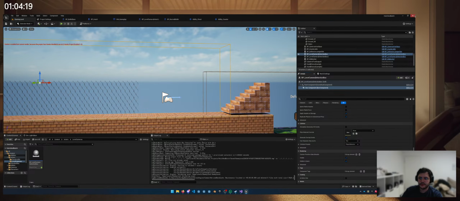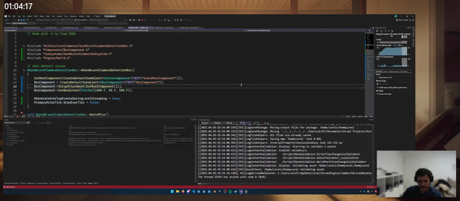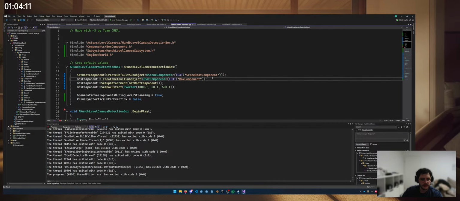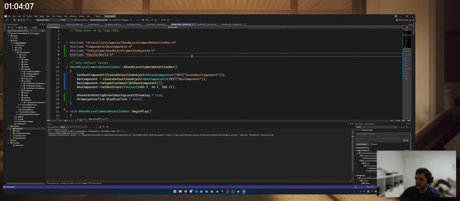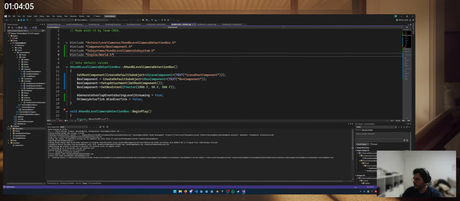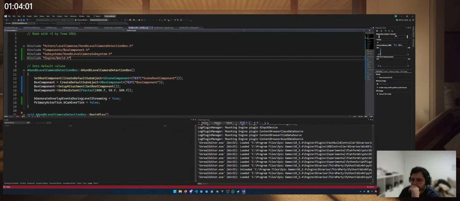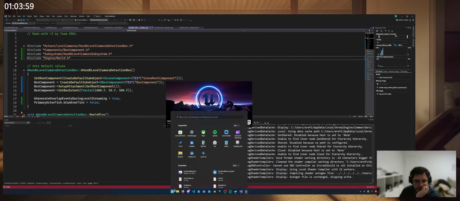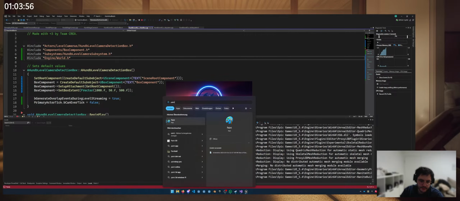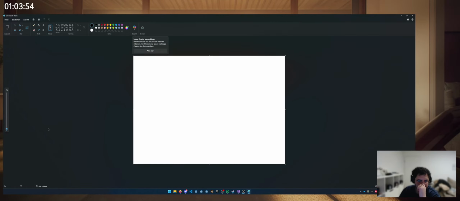Let's close this again, or maybe it will update immediately. We don't know. Let's stop that. And let's restart the debug mode. Okay, so we fixed that. The next thing is, let's open Paint. We need Paint. Okay. So the next thing is,